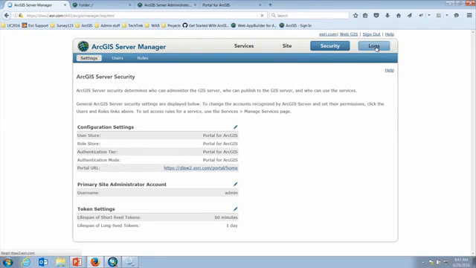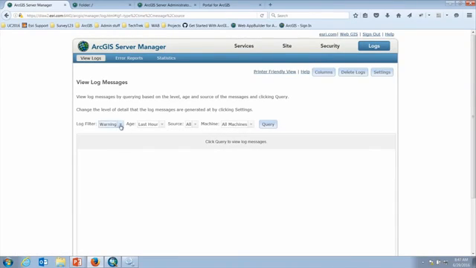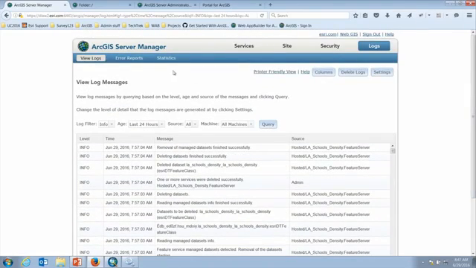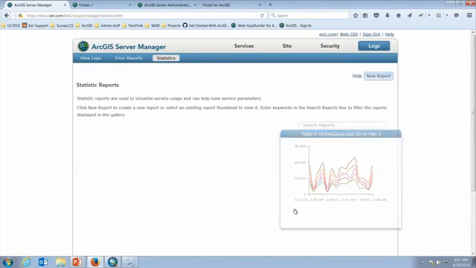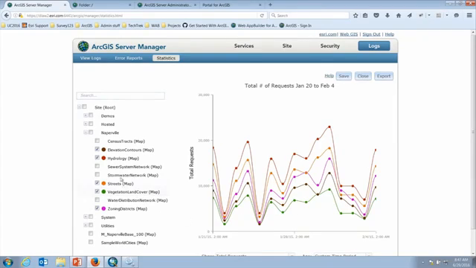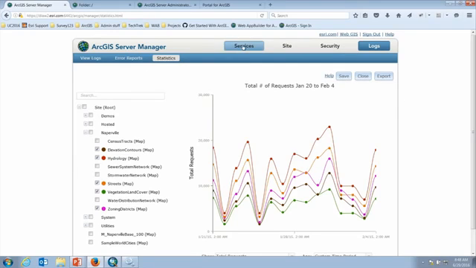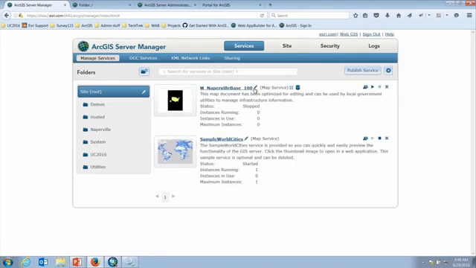And finally, I have this Logs tab, right? It's pretty cool. As I mentioned, on that rare occasion when I want to see what happened to my server, I can run a query and view my logs. And more importantly, I have this very cool statistics link where I can click on here and view reports about my services. So for example, between January 20th to February 4th, these different web services were being accessed, and I can view on January 25th to January 26th, I had 15,953 requests for people to view that data. Okay, so I have some reporting. Now this is ArcGIS Server Manager, as I mentioned, where you would spend probably 80 to 90% of your time. If you want to learn more about this interface, I'm going to take a deep dive into this in the